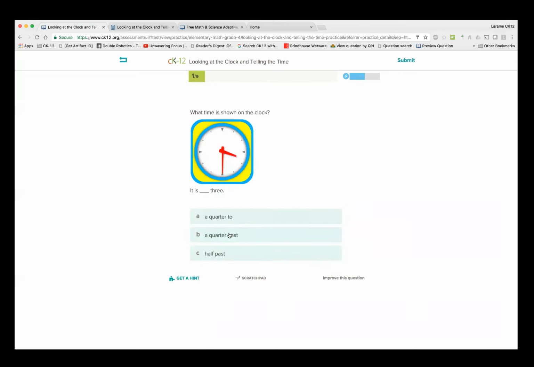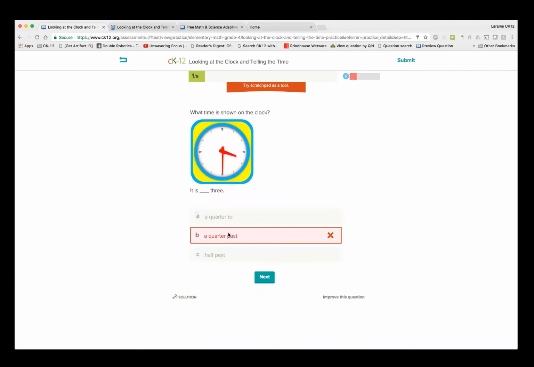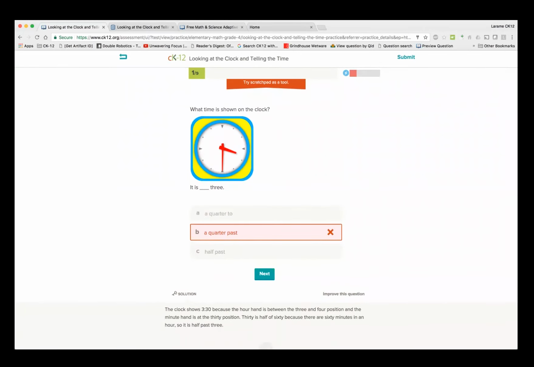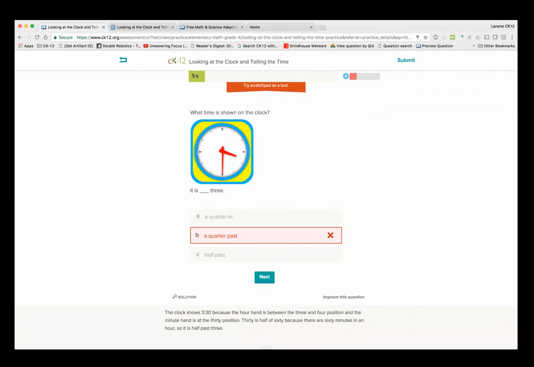And we're going to say I think it's about 3:15. If I have trouble with a question, that banner comes down as red instead of green. I have an opportunity to look at the solution. Now, the solutions are currently only available in the elementary questions, although we are about 3/4 of the way done